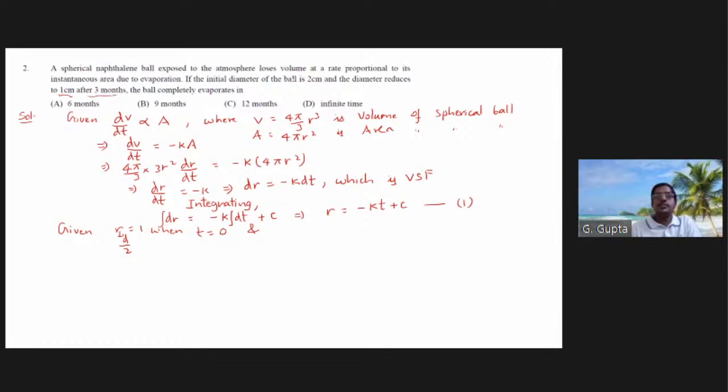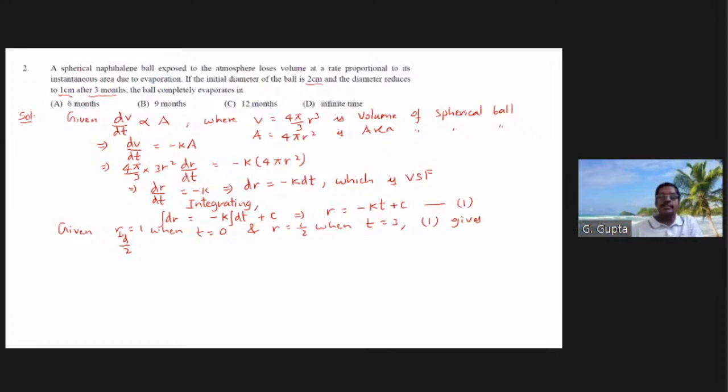Please underline, these are called initial conditions. And r is equal to 1 by 2 when t is equal to 3 months. Substituting these conditions in equation 1,